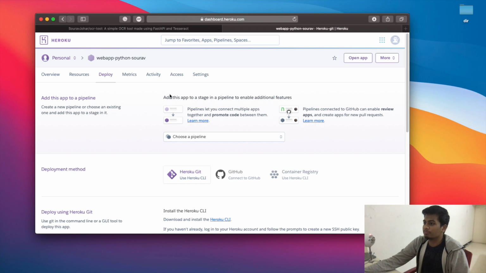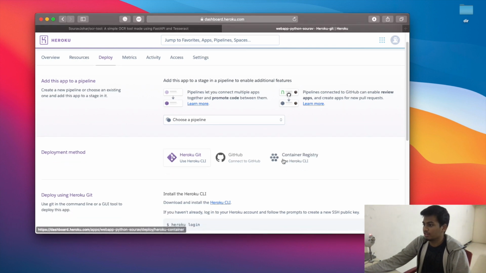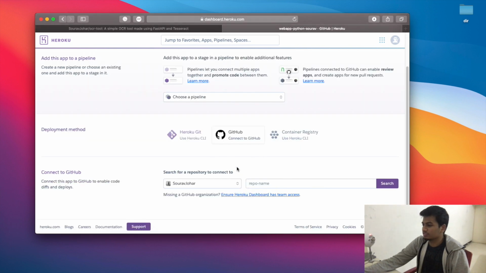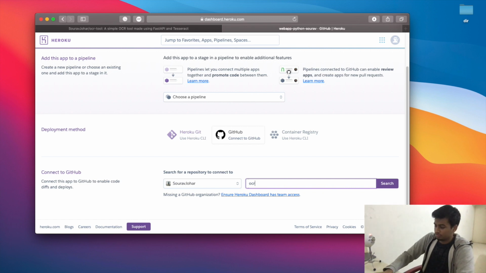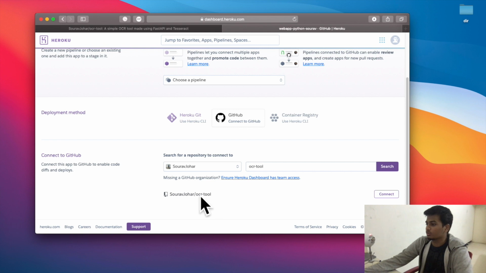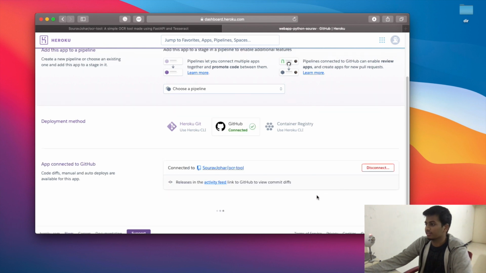Once your application is created, you head on over to the Deploy tab over here, and you can connect it to either GitHub or any other version control system. Once you connect it to GitHub, you do have to log in to your GitHub account. Once you do that, you can just type in the name of your repo. In my case, the name is OCR tool. When you click on search, it will find that repository for you. You click on connect,